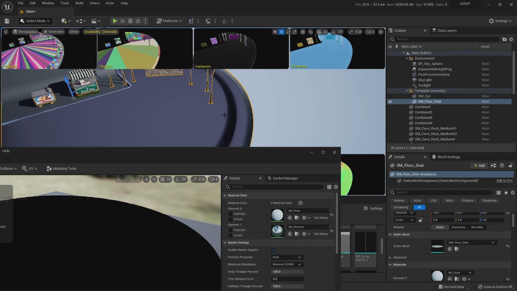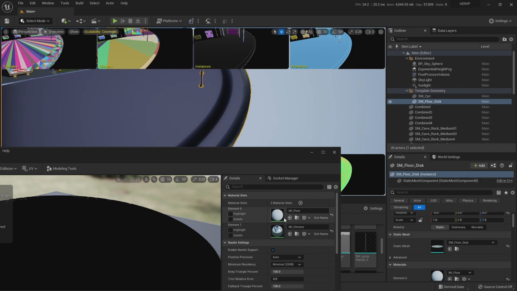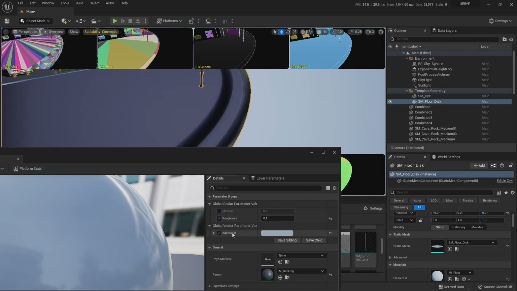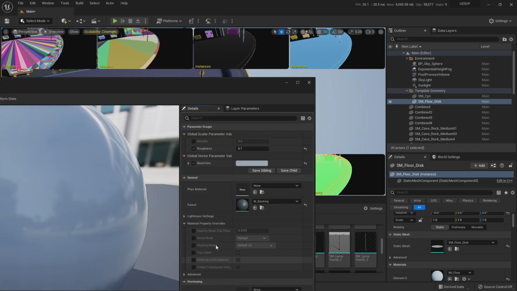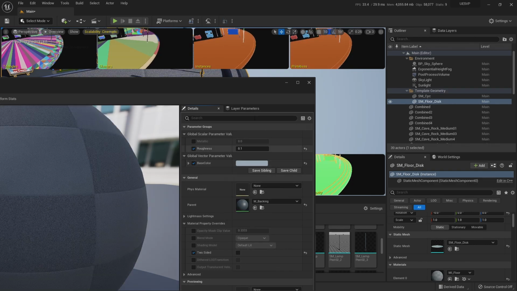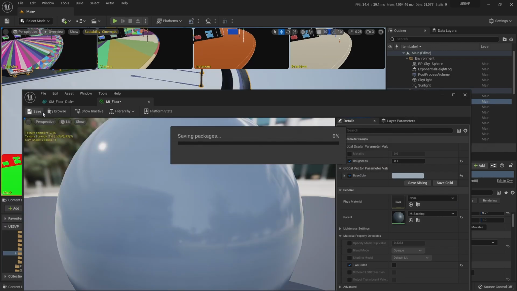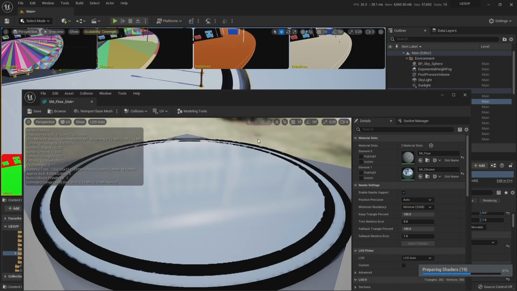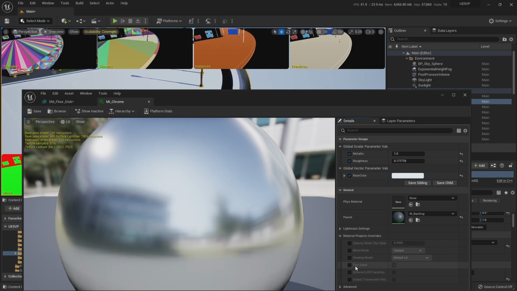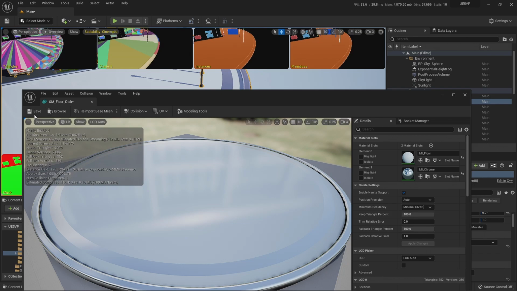So maybe every time you can, duplicate your material instances and create a copy in which you can go to two-sided and turn off the two-sidedness of the material. And we could do the same with the Chrome. We could open the Chrome and select it to be not double-sided, and that's it.